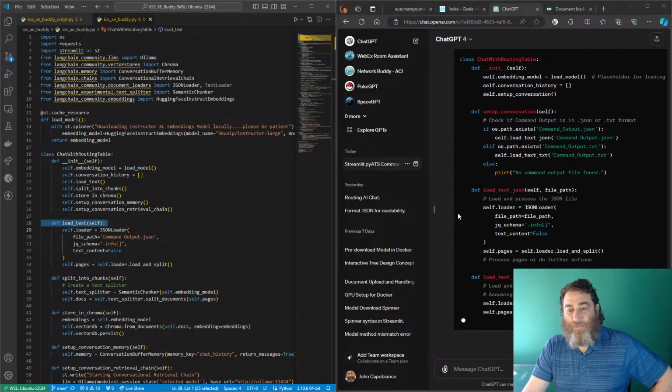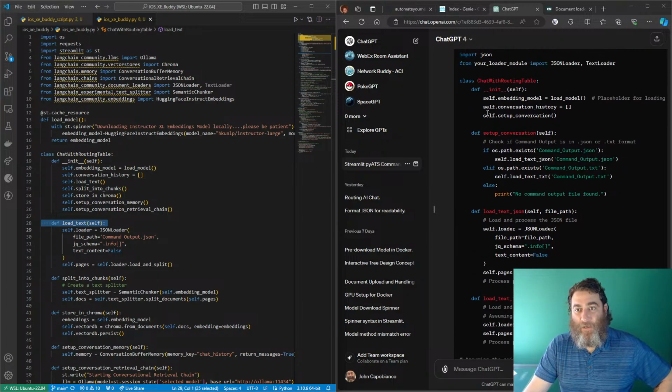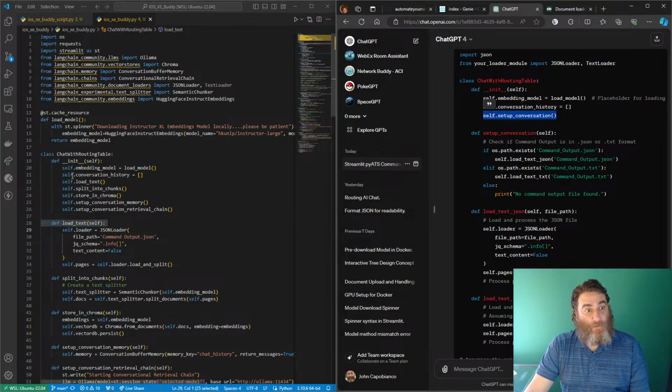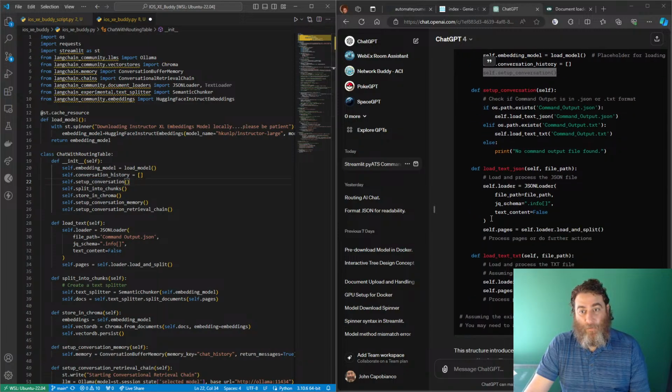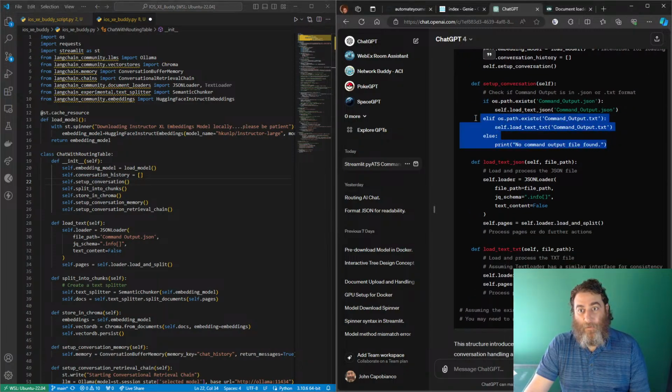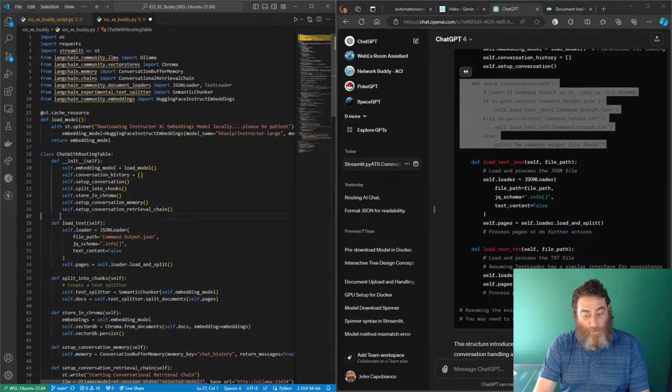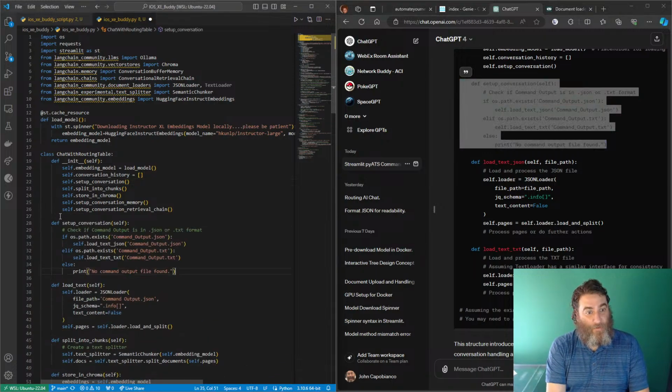That's a little much, isn't it? Load text or load JSON and do a setup conversation. Alright, so what we're going to do is do setup conversation here. And add a self conversation if self load JSON, self load text. Okay. And then self load JSON